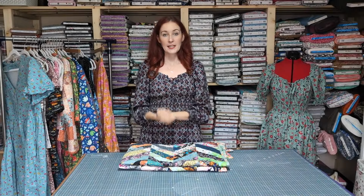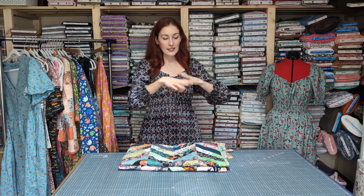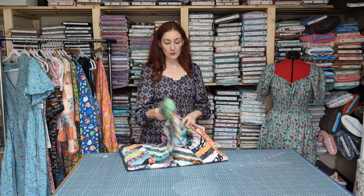Now, talking of scraps, I've got one last thing to show you. Hopefully I have converted you into sewing with more quilting cotton for your wardrobe. But one of the biggest pros I think about sewing with quilting cotton, and what got me into quilting, was that it's so versatile. When you have dressmaking cotton, often there's not a lot you can do with the scraps apart from be as careful as possible when you're laying out your fabric so that you don't get a lot of waste. But let's be real, there is always a lot of waste and we can't get rid of it. So I made this scrappy chevron quilt with